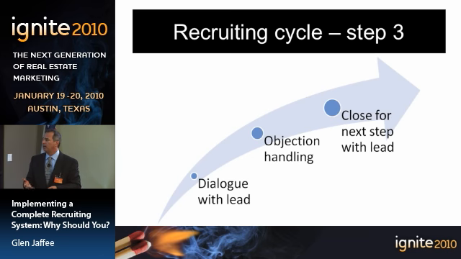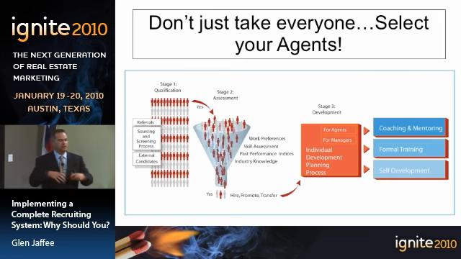So, step 3, what's the dialogue when we talk about that master plan that you create within your organization? What's the dialogue that you expect your managers or people responsible for recruiting to have with your prospects? What do you do about objection handling? How do you close for the next step? And so when they come into the funnel, which is essentially what we've just described,